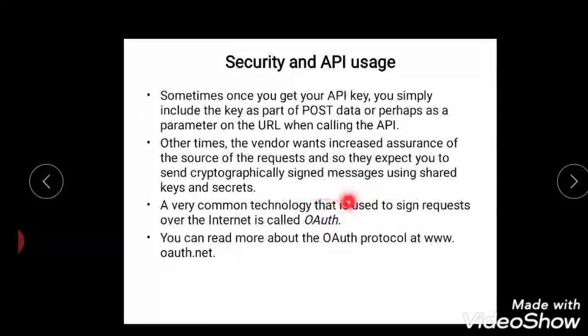It is open authentication, and you can learn more about this open authentication using this website, oauth.net. It talks only about authentication, how to get authenticated, how to browse authenticated things. That alone it talks about in its entirety. There are a number of convenient and free open authentication libraries, which help you avoid writing implementations from scratch. When you start doing it, you can start using the libraries. You will not have to write the program from scratch. Okay, so it is about security and API usage.